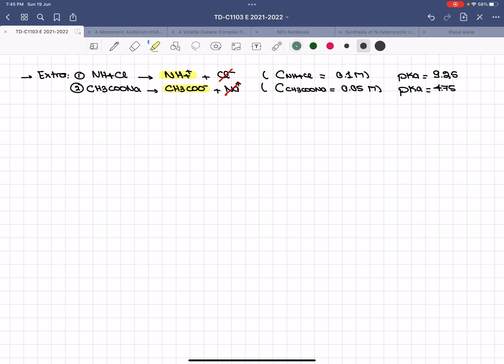Now, if you look, the first thing that you notice is they have different concentrations. If they have different concentrations, we cannot say pH equals half pKa1 plus half pKa2. You have to establish a system that tells you either the base will dominate the reaction, or the acid will dominate the reaction, or a reaction between both will dominate. So all the possible reactions that I have in my medium will be the following. Either the acid, NH4 plus, will dominate the system according to this reaction that we all know, and the property that dominates is the Ka of the acid, because this measures the strength of the acid. Or the base,